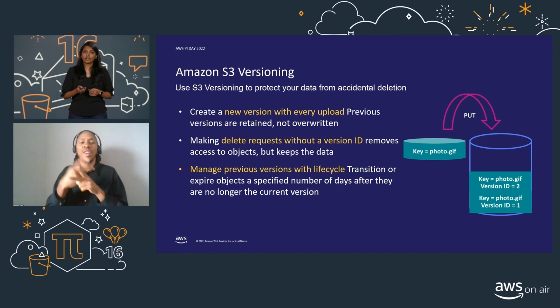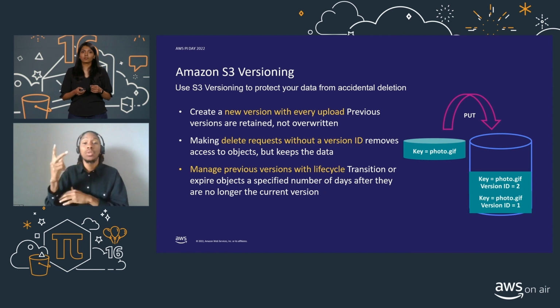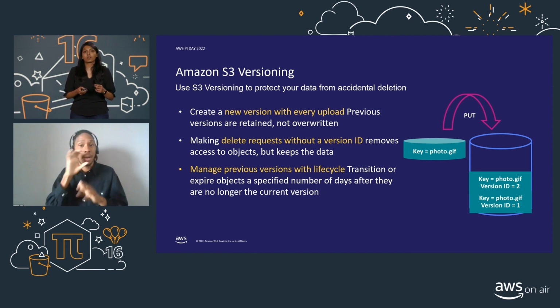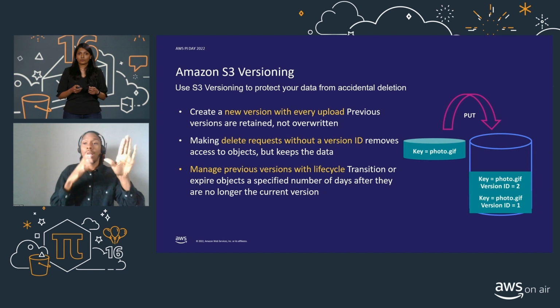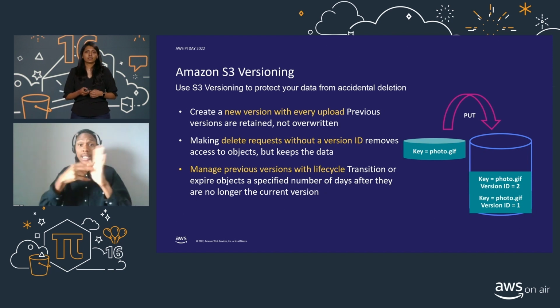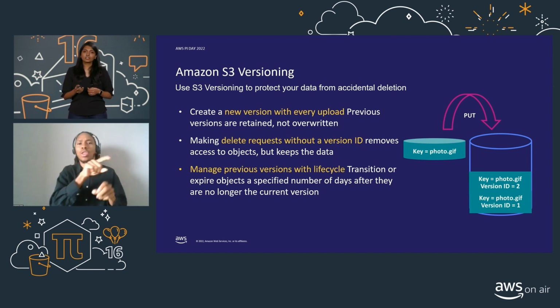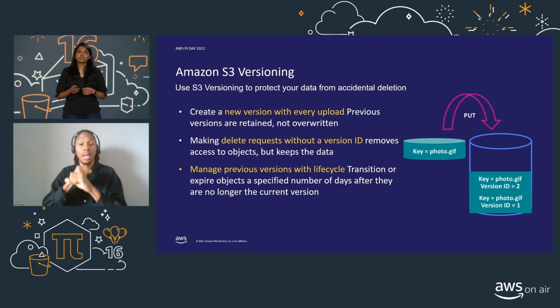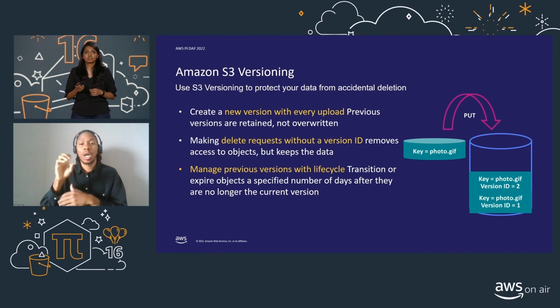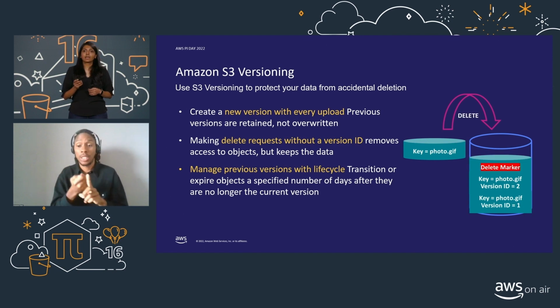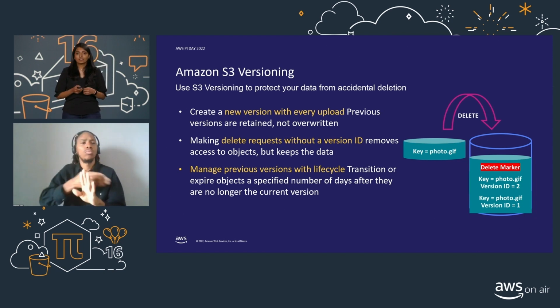Now, if you overwrite this photo, S3 will add a second version of the photo, but also notice that it stores the previous version along with it. If you did not intend to do this, you can go back and retain the earlier version. In addition to protecting against overwrites, versioning also protects against accidental deletes. When you delete an object in your versioned bucket, S3 inserts a delete marker as the latest version and preserves all of the earlier versions. If you didn't intend the delete, you can go back and retain your older versions.